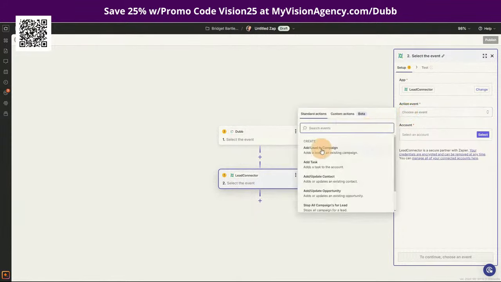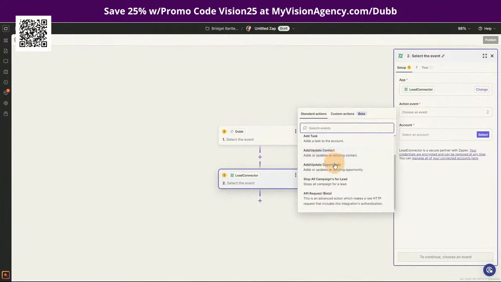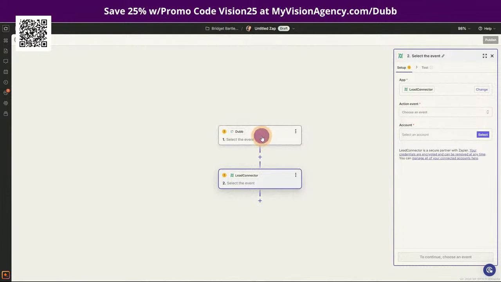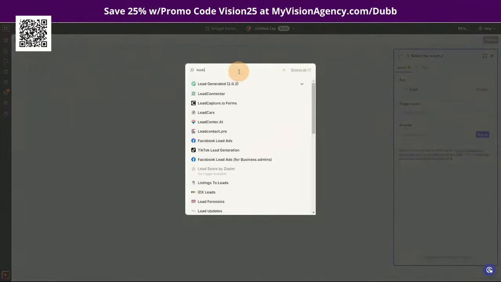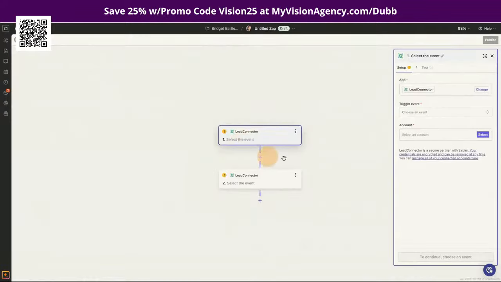And then once you get that data, you can, of course, add a lead to a campaign, create a task, add opportunities, and all of those things. If you decided the reverse, super easy again, you just want to choose Lead Connector as the first step. And you'll see when you choose Lead Connector as the trigger, that the trigger needs to be a pipeline stage